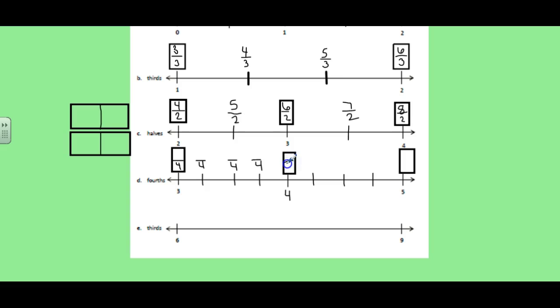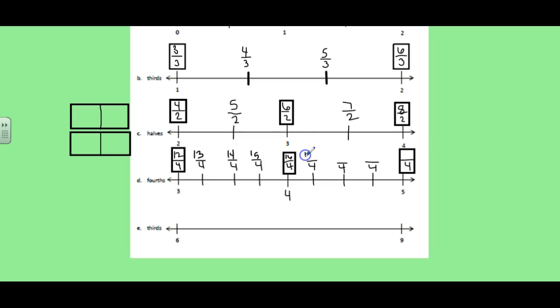And then we've got to figure out what fraction is going to be equal to 3 wholes. So you have to ask yourself how many fourths are in 3 wholes. If you drew some rectangles or some circles, and you drew 3 of those and divided each one into fourths and then shaded all of those, you would have seen that you shaded in 12 different fourths to give yourself 3 wholes. And then we go from 12 fourths to 13 fourths, 14 fourths, 15 fourths, 16 fourths is equal